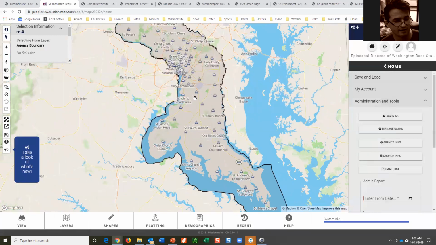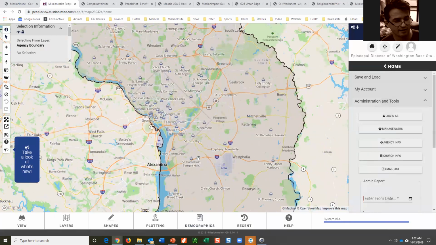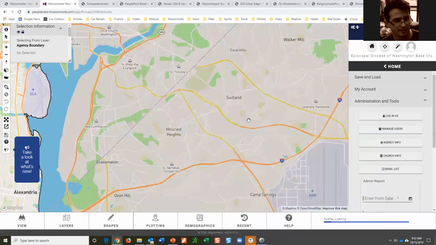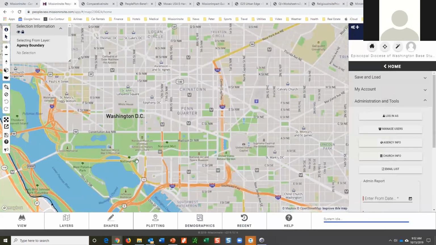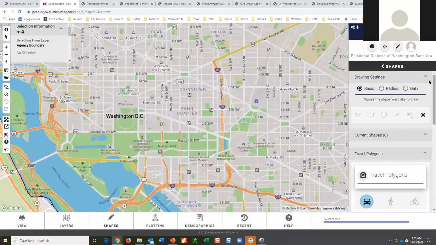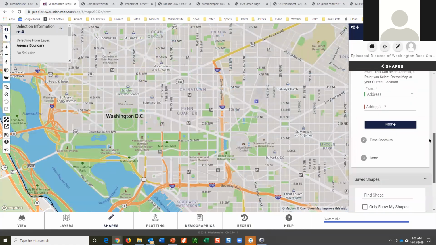Yes, exactly. Peter, could you just explain a bit about saving the shape and sharing it with others? That's a setting in there. Let me come back here to my shapes. You can indicate that when you save the shape.